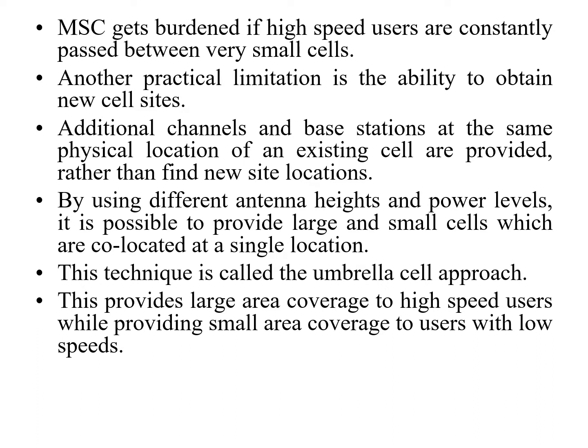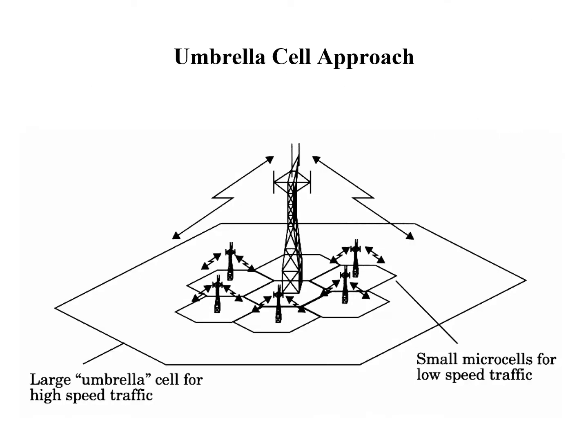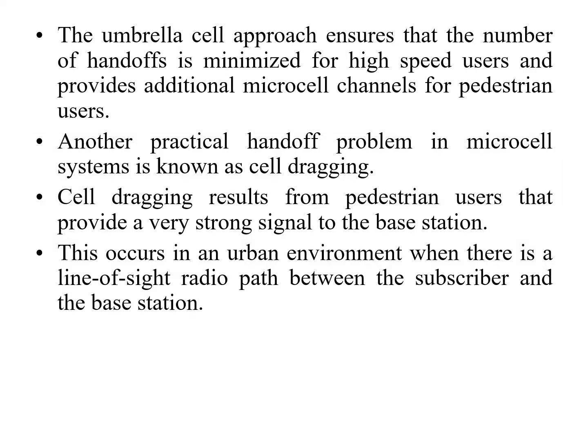This technique is called the umbrella cell approach. This provides a large area coverage to high-speed users while providing small area coverage to the users with low speeds. The umbrella cell approach is shown here: a large umbrella cell for the high-speed traffic and small microcells for the low-speed traffic. The umbrella cell approach ensures that the number of handoffs is minimized for high-speed users and provides additional microcell channels